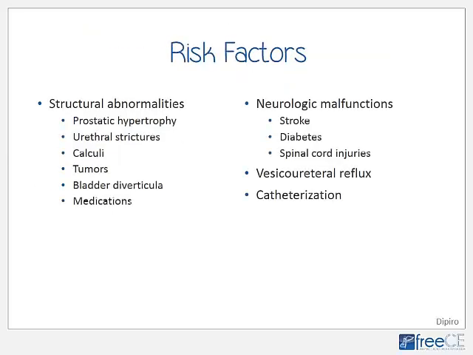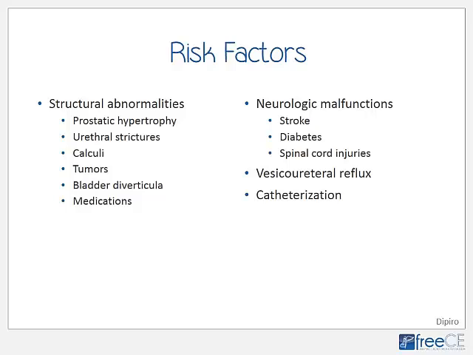So who is more at risk for urinary tract infections? I think it's important to talk about risk factors as well. The risk factors really are the things that result in obstruction and incomplete voiding. Again, these are things that are going to impair the host's natural defenses for getting that bacteria out of the bladder. So there are some structural abnormalities, including prostatic hypertrophy, so BPH, as I've already mentioned, urethral strictures, as well